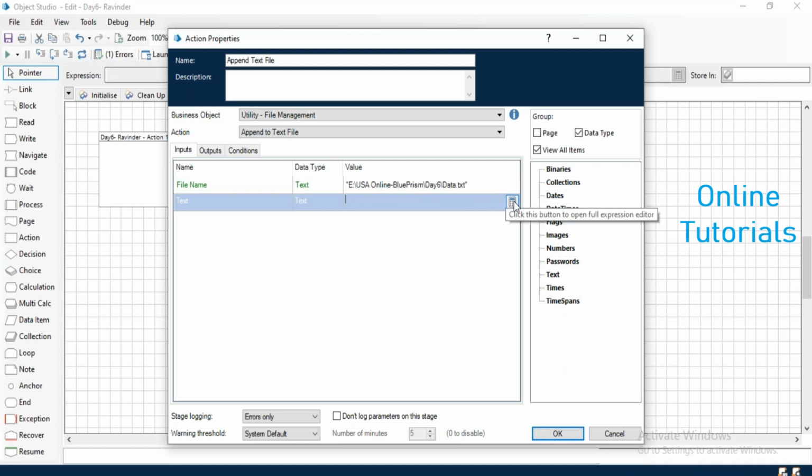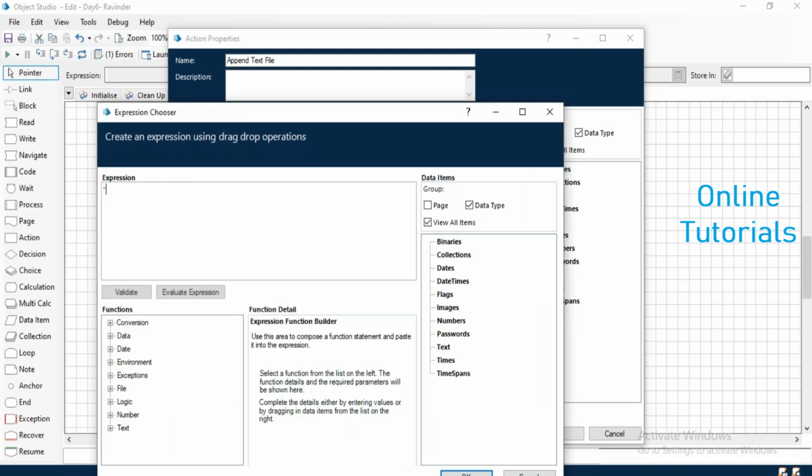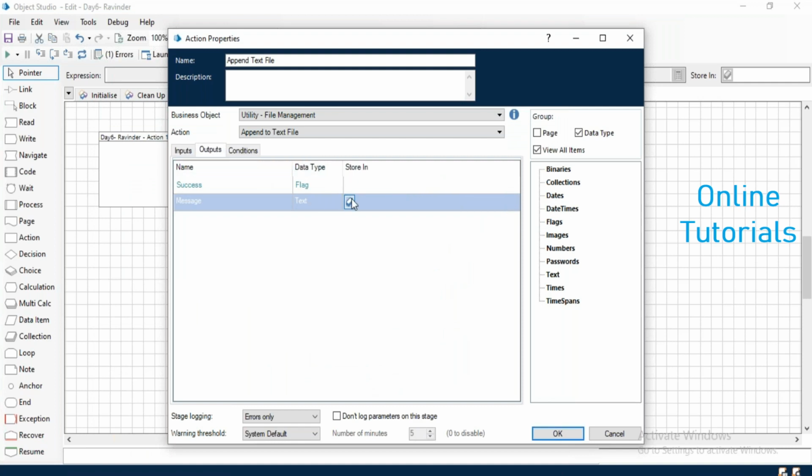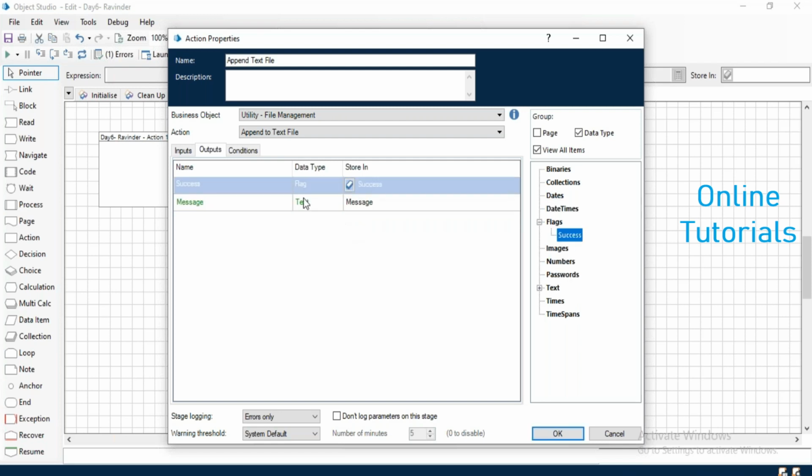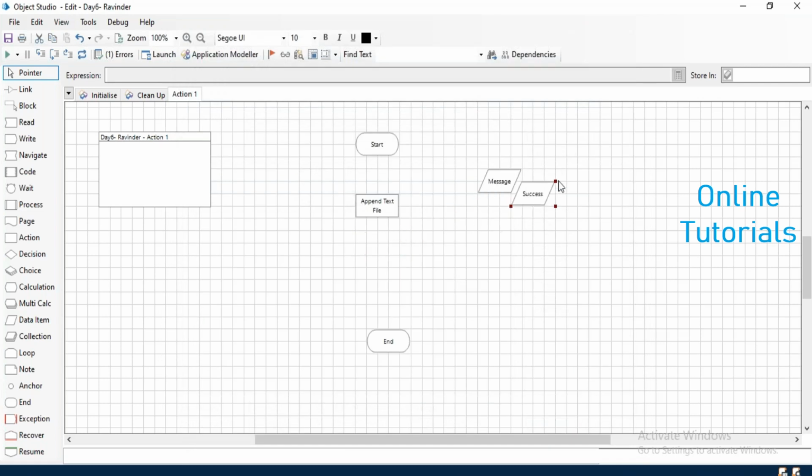Now it is asking for the text, what text you want to pass. Suppose I want to pass Welcome to RPA Blue Prism. Now click on OK. Now here you can see the outputs, success and message, and this is not mandatory first of all. Now if I connect these stages through the link stage and execute this one,